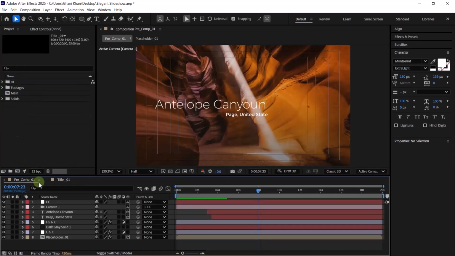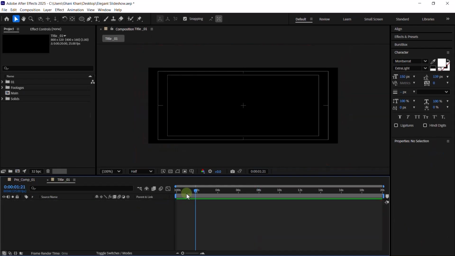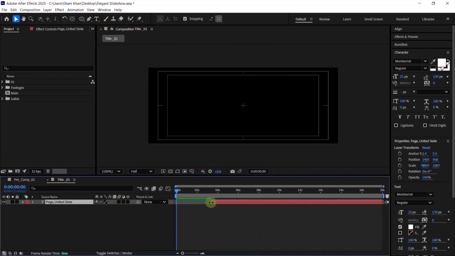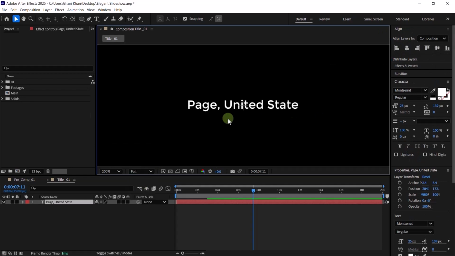Now just go to our main composition, copy the page United States text, paste it right over here. Don't make it 3D and turn off the 3D icon, and just go through the align menu, make it into the center. Let's write here